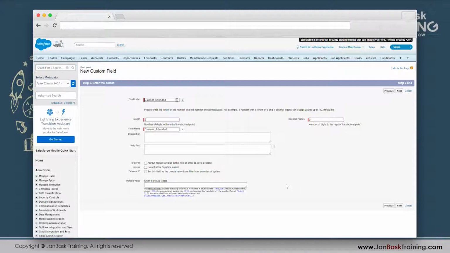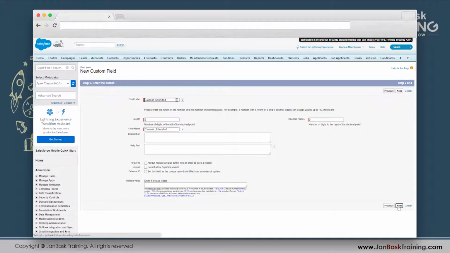Unique, obviously this is info that cannot be unique. So classes attended, it can be clashing. So there can be several guys who are attending their second class today. So this is certainly not going to be unique. For fields like email ID, suppose there I can mark it as unique, so that the system should control that I'm not creating records with the same email ID. I cannot have 15 students or participants in my call and all of them are having the same email ID. That cannot be the case. Email ID, phone number, these have to be unique. So I will mark those fields as unique, but over here it's all fine.